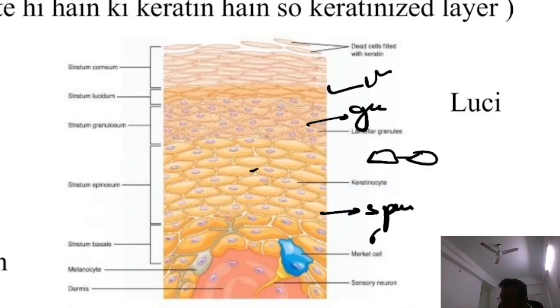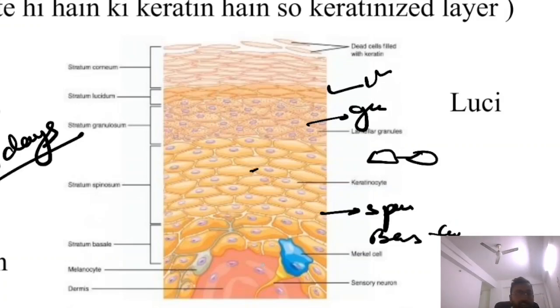The basal layer has columnar cells. These cells reach the stratum corneum, and at that point they die. The time from stratum basal to stratum corneum is 28 days. It takes 28 days from stratum basal to reach stratum corneum. Now each layer has a different